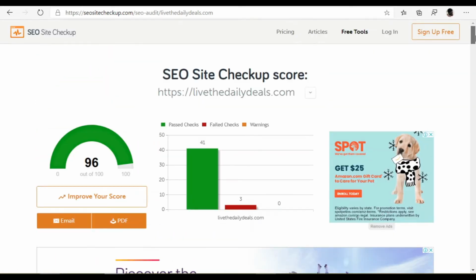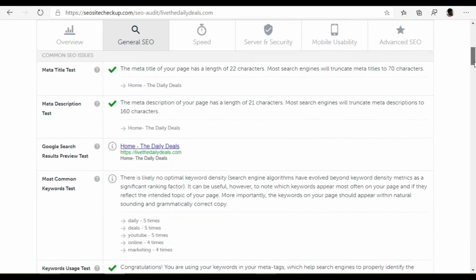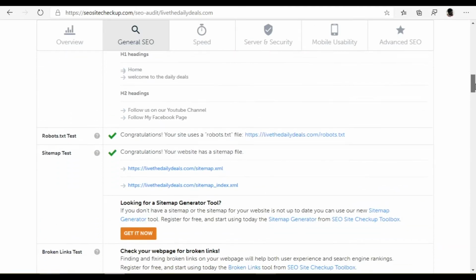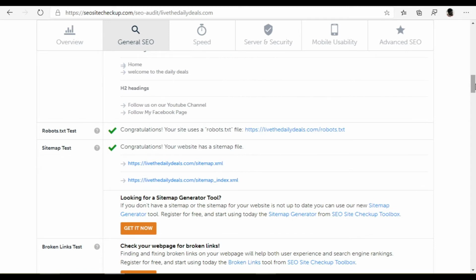The total SEO score for my website was 96, telling me that my JavaScript is minified. Once your JavaScript is minified, it reduces your website load time,